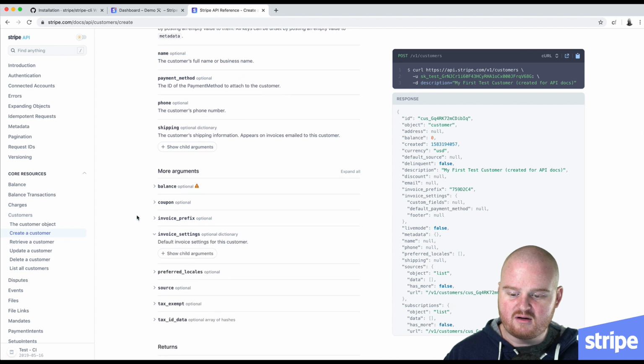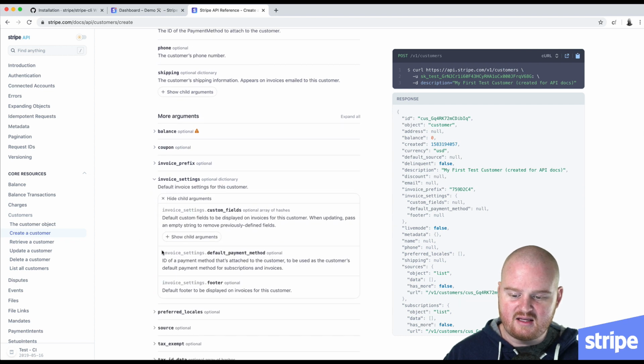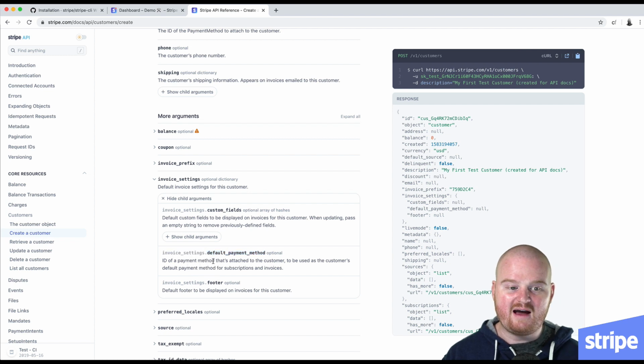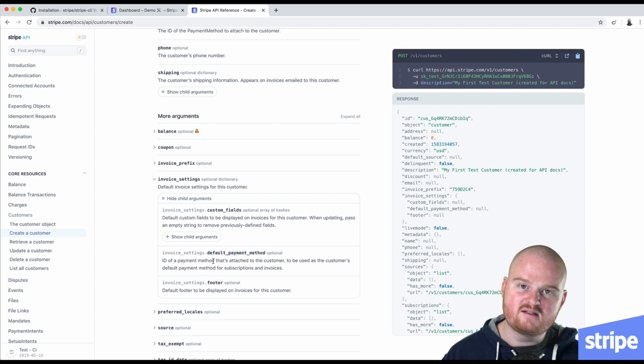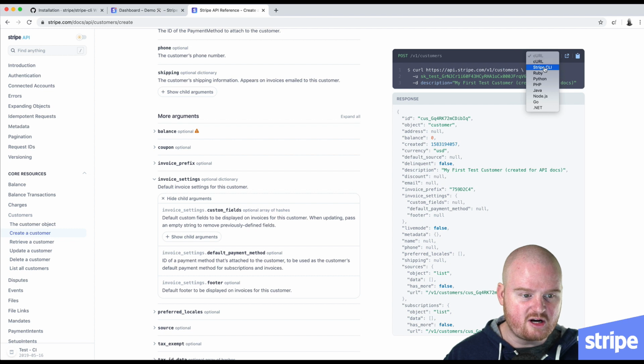And then down here under invoice settings, we have the invoice settings default payment method. So this is a nested argument. I want to show you both how to send those top level request args and then also some nested ones. Another thing to point out while we're here in the API ref is that the Stripe CLI is